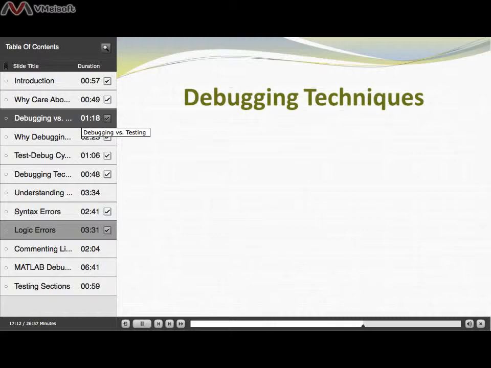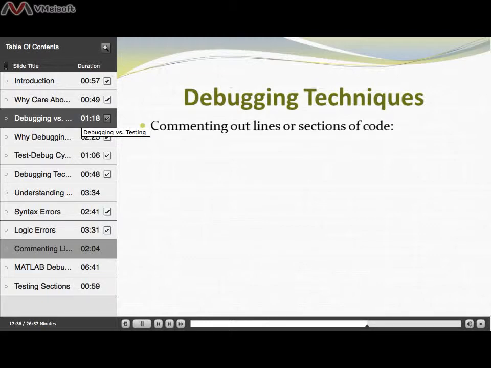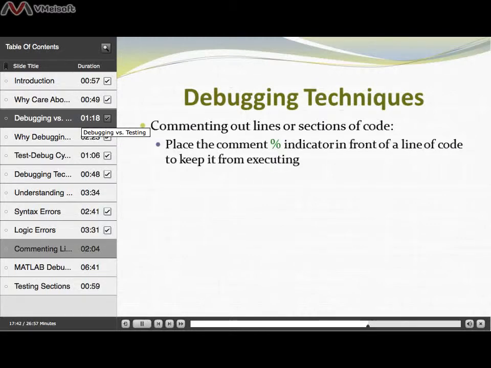Now that we've talked a little bit about the errors that MATLAB will give us and how to figure out what's causing those errors, let's talk about some of the different techniques we can use to fix those errors that result from things which MATLAB cannot catch for us. One of the easiest things to use in order to debug your code is to comment out a line or a section of code. We know that a comment in MATLAB is a line that's not going to be